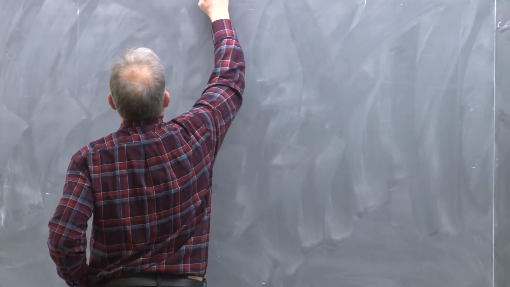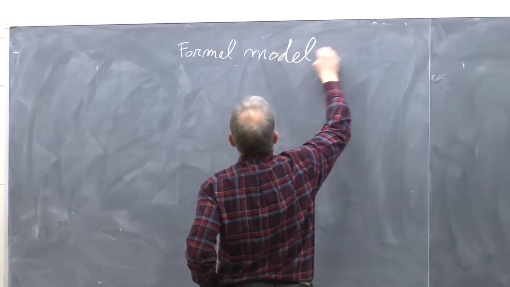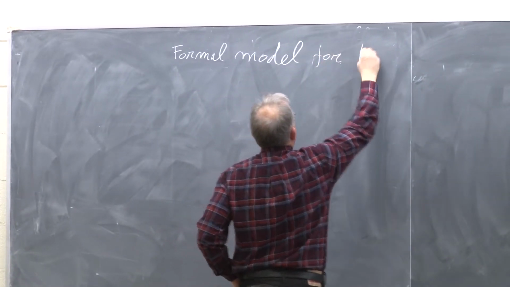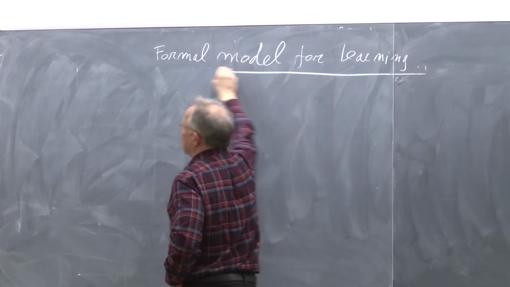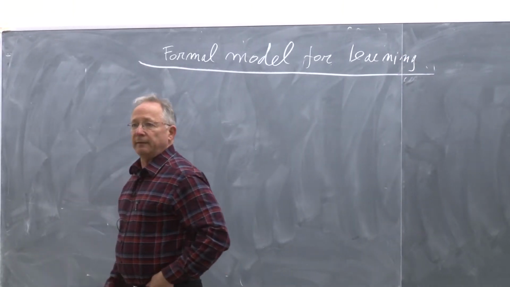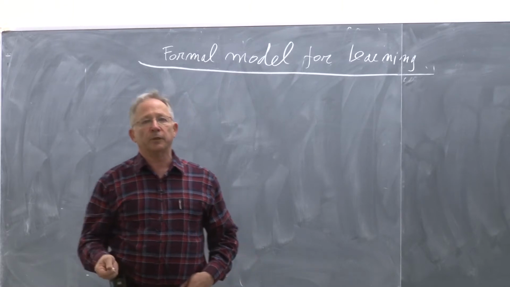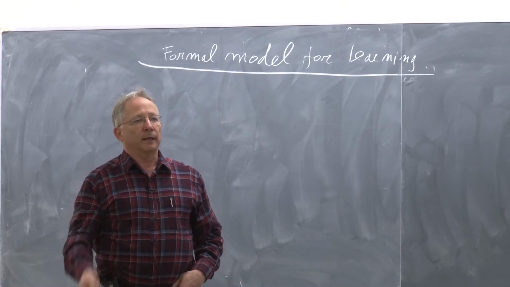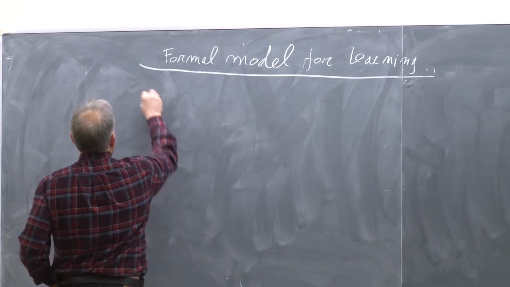So we have a formal model for learning. So the first thing that we need is some domain set. The domain set is the domain over which the instances are coming from. So we have a domain set